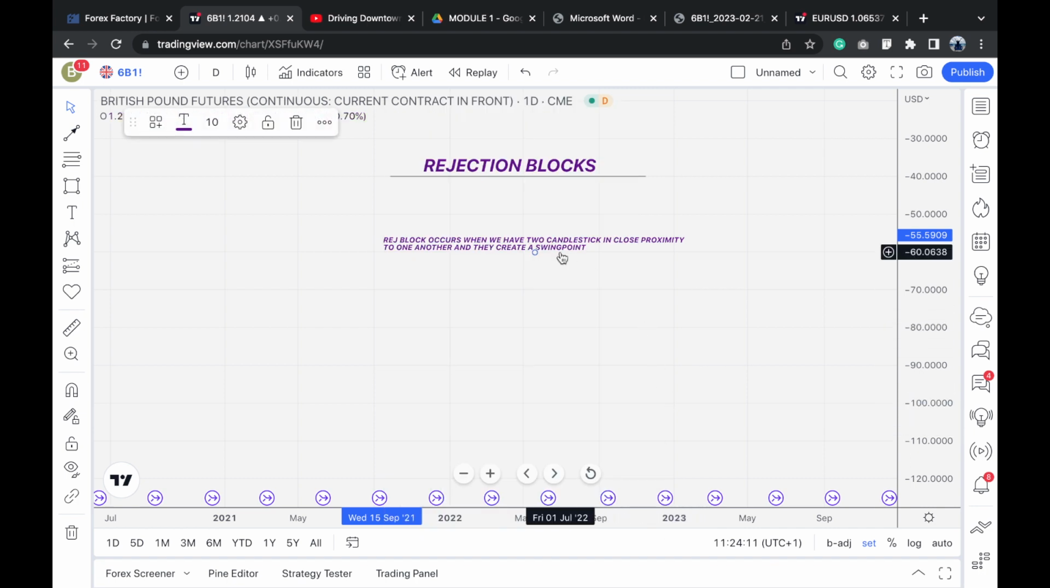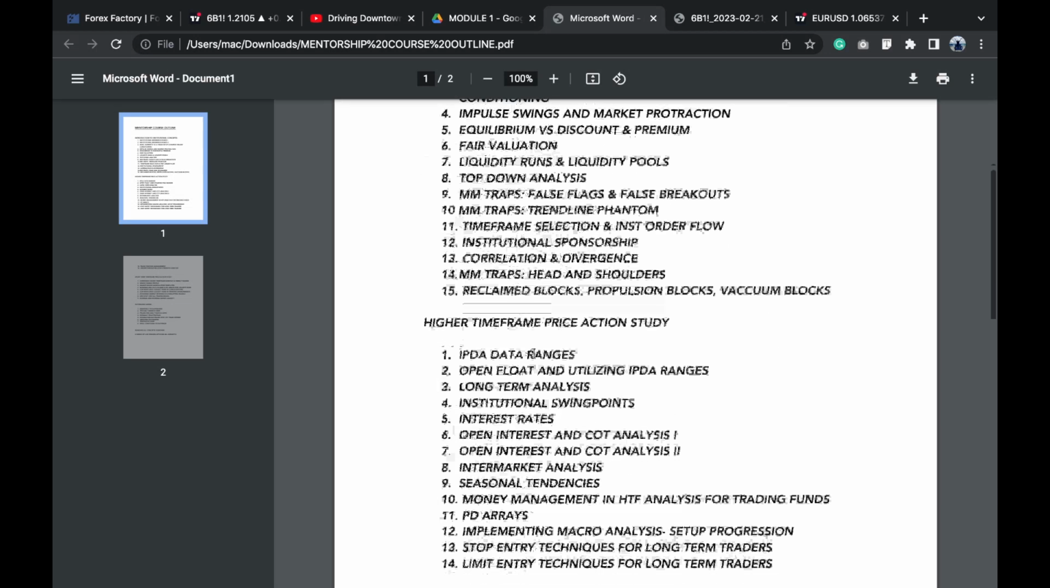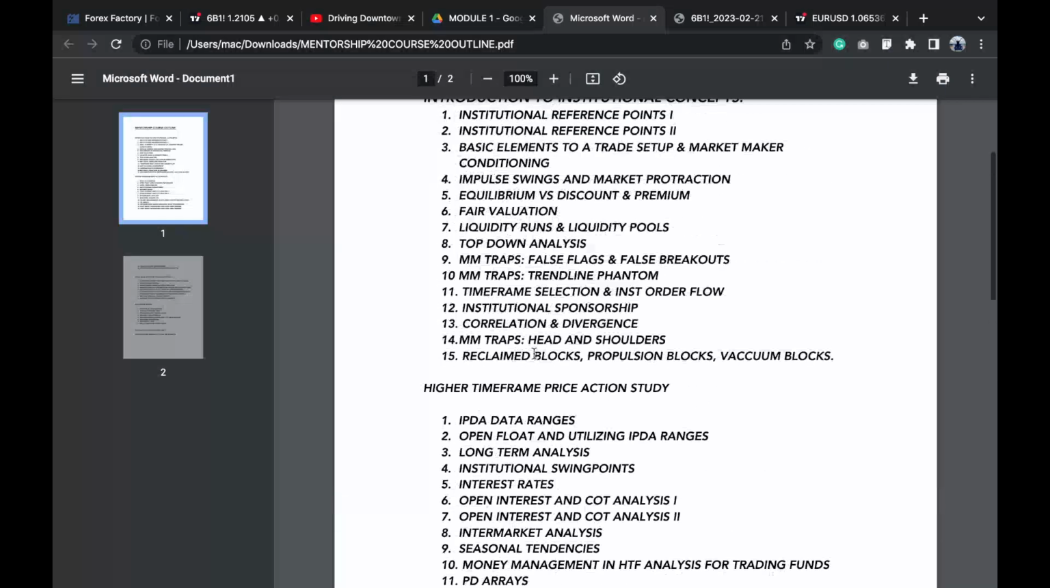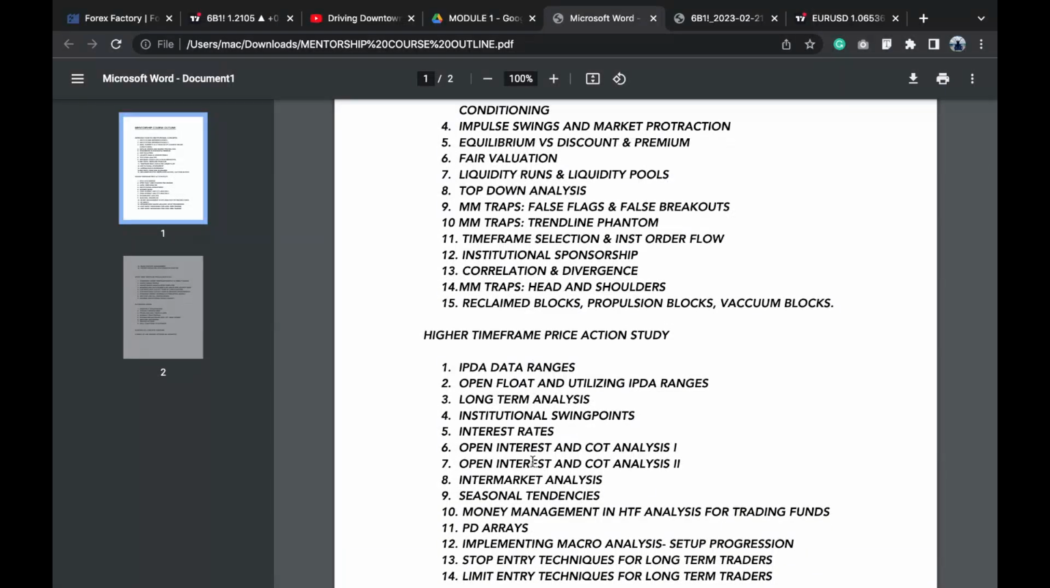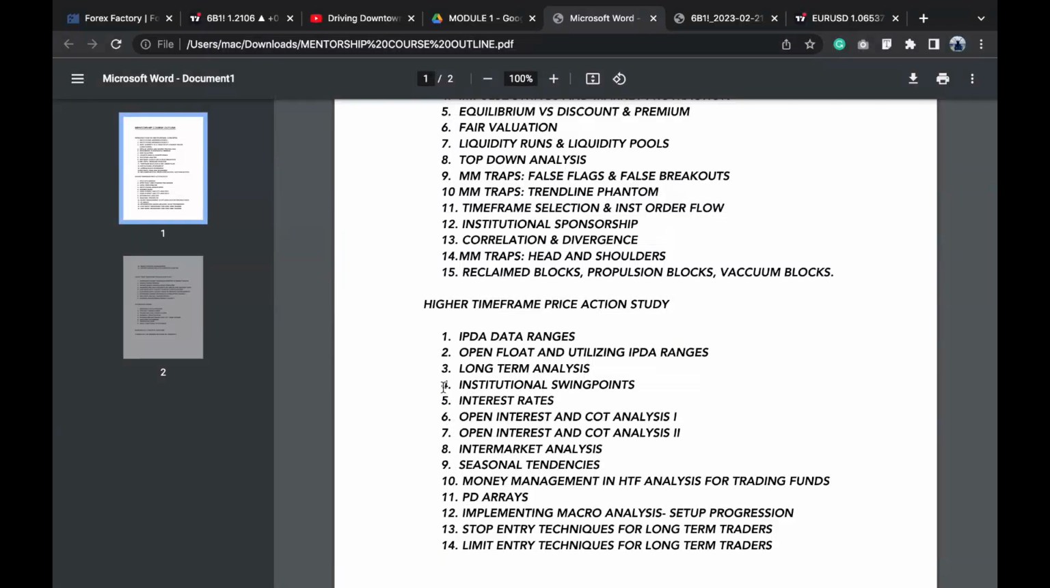Now on subsequent lessons, let me go through the course outline. On the lesson on institutional swing points, which is lesson number 4 of the high time frame price action study, we're going to talk more on swing points. So I don't want to go in depth on that because we're going to cover this in more detail: what institutional swing points are, professional accumulation distribution, SMT, and all those different things. So it's going to be a very fun video. But going back into rejection block,